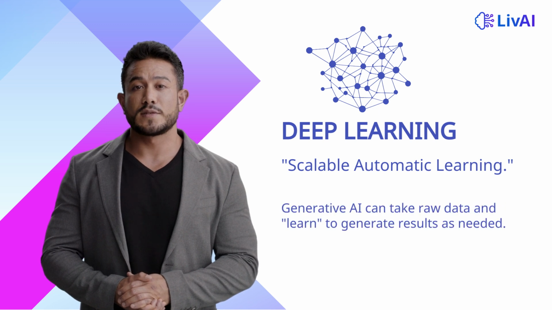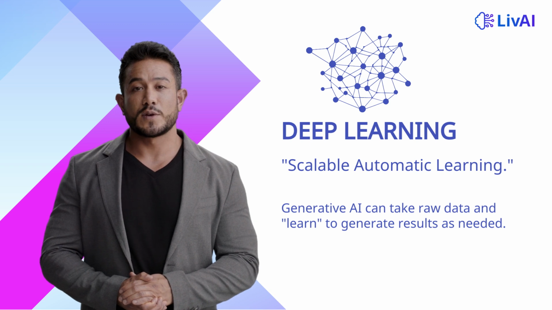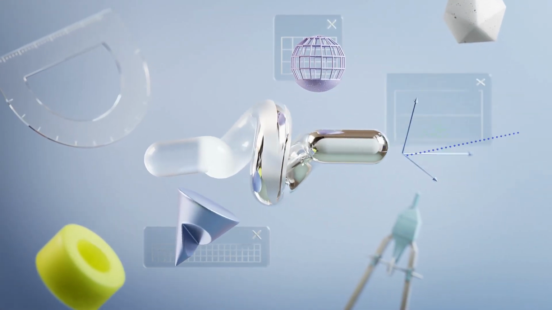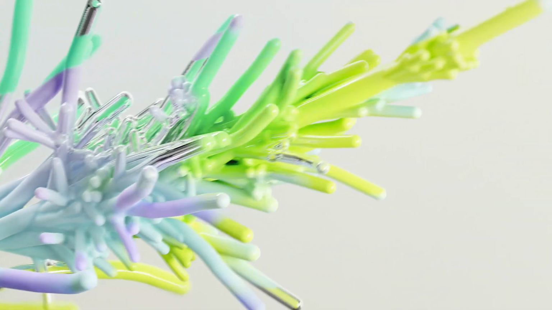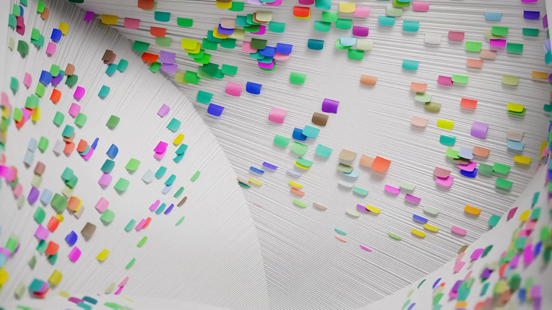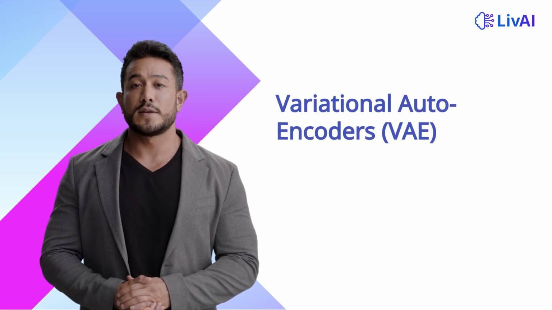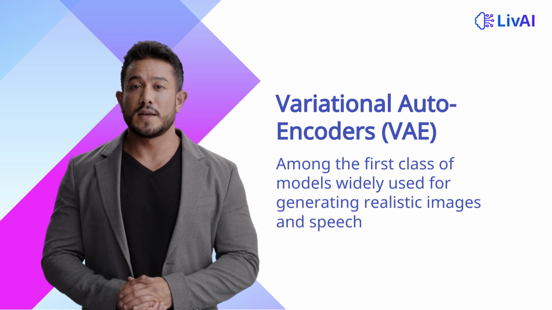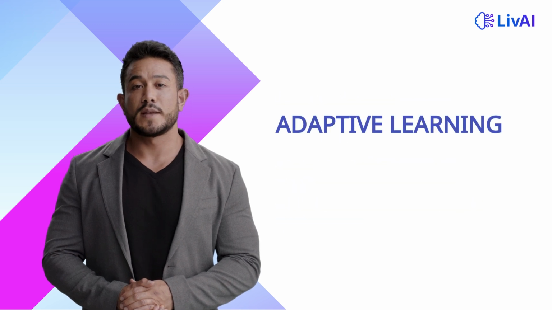Generative AI refers to deep learning models that can take raw data and learn to generate results as needed. Generative models have been used for years in statistics to analyze numerical data. The exponential growth of deep learning has made it possible to extend this capability to images, speech, and other types of complex data. Variational autoencoders, VAE, introduced in 2013, were among the first class of models widely used for generating realistic images and speech. Deep learning can transform into adaptive learning,